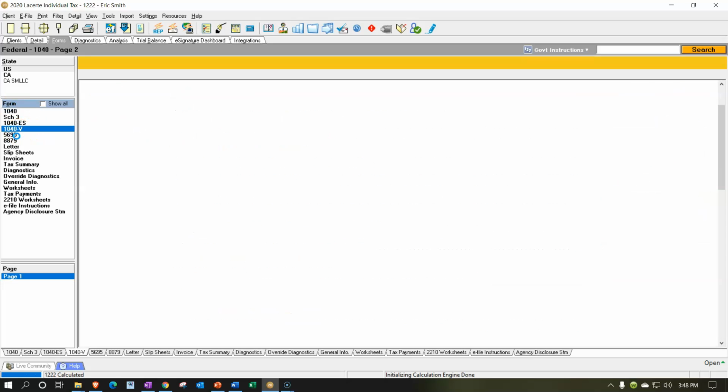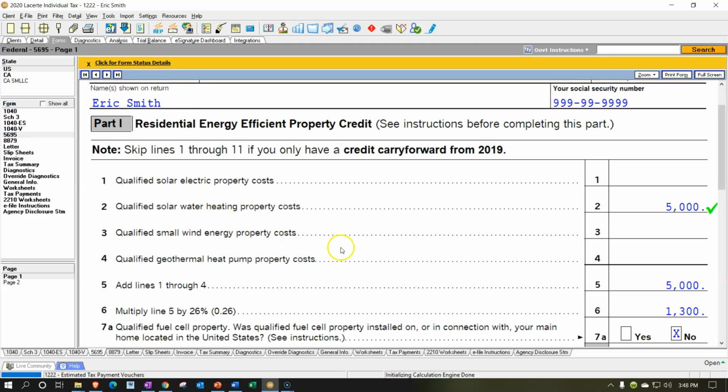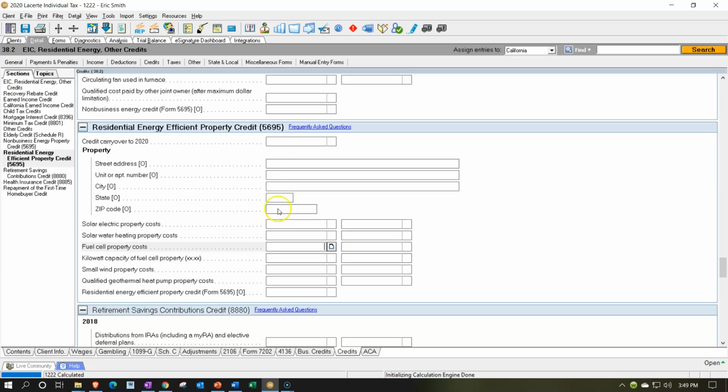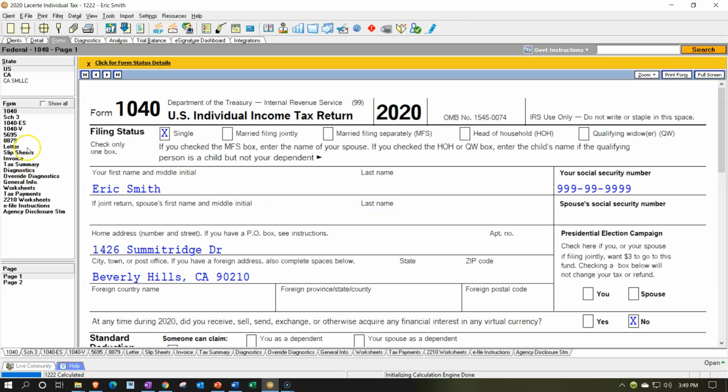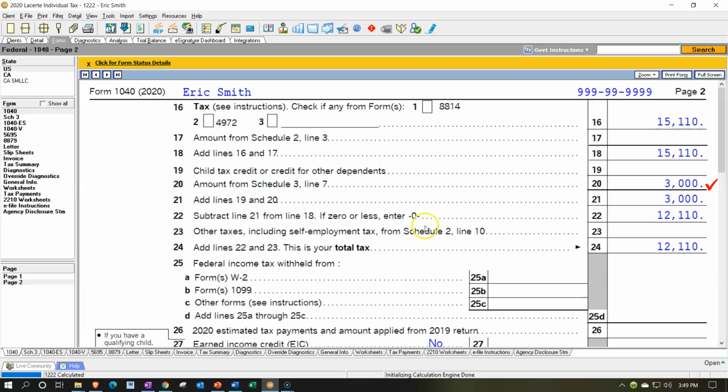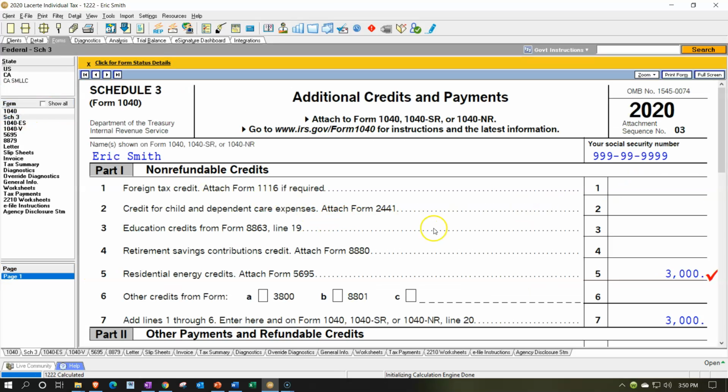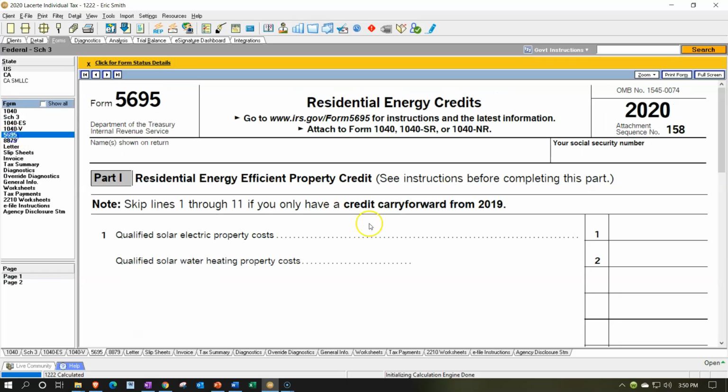Back to the form 5695. Now those are probably the most common items. If you did have a carryover from the prior period, we're going to pull that back on over, and on page 2 we have the 3,000 here. Then if we look at the Schedule 3, we've got the carryover residential energy, and that's coming from the 5695, and then the